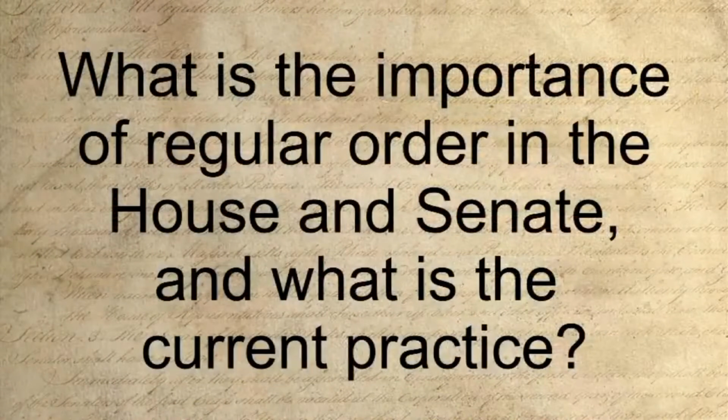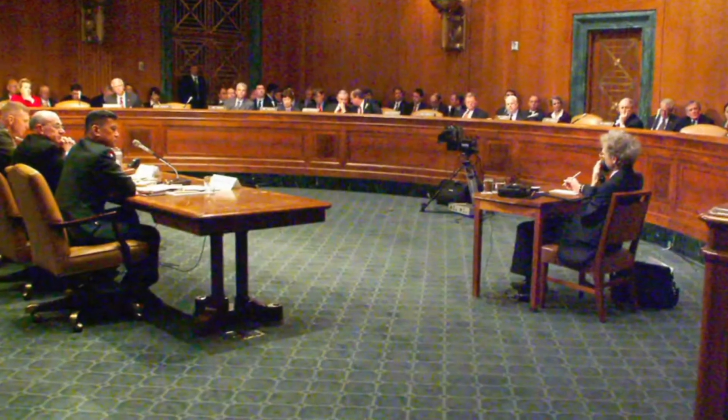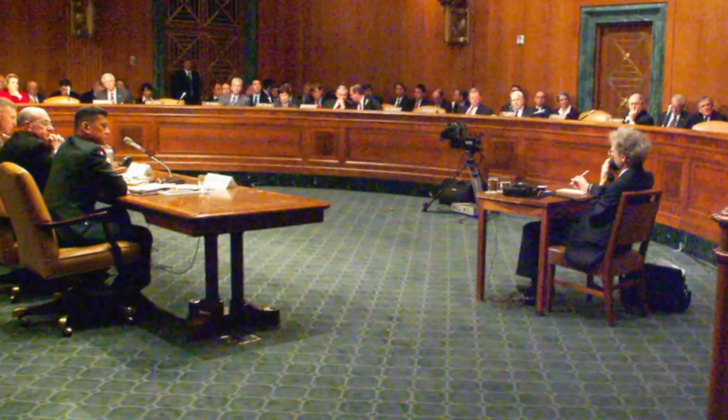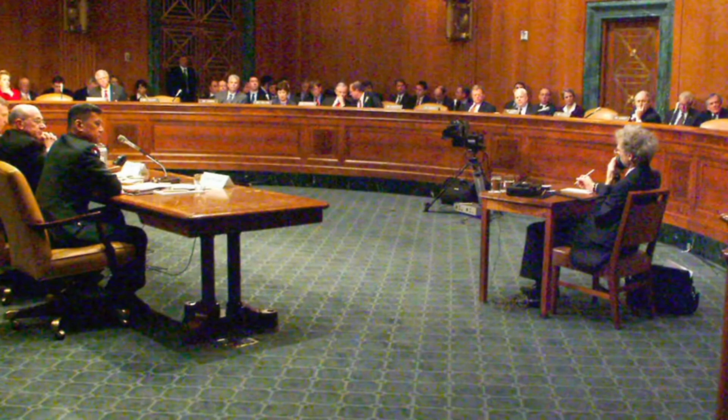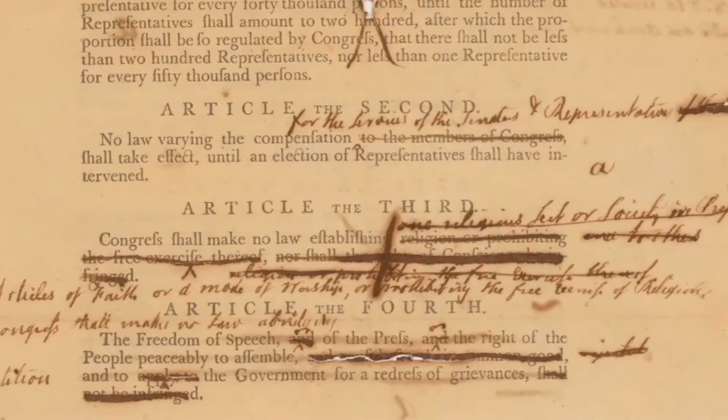You mentioned earlier regular order. Can you talk about the importance of regular order in the House and the Senate, and what are current practices in regard to regular order? Yeah, regular order really means that the House is going to conduct its business in accordance with the normal rules of expectation. So that means that the committees will get their work done on time. It means that, in fact, members will have the opportunity to participate in what we call markup and offer amendments